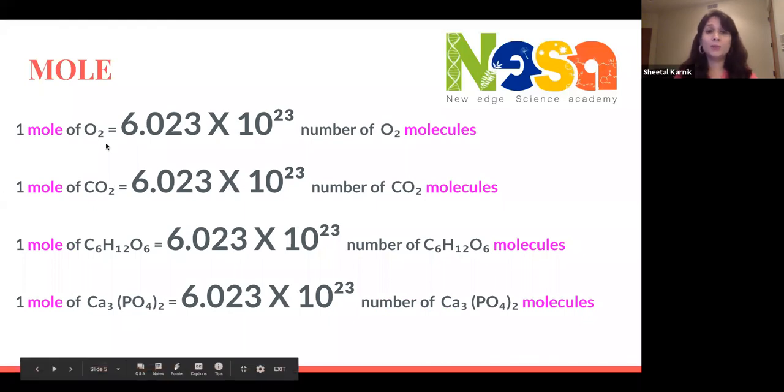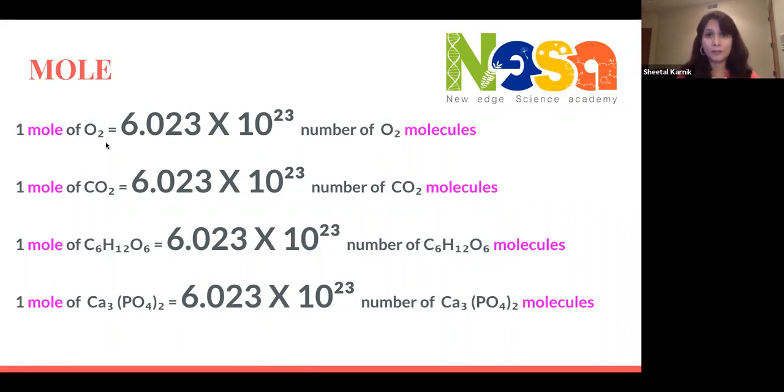So let's look at an oxygen molecule, which is made up of 2 oxygen atoms together to form 1 molecule of oxygen, right? So 1 mole of oxygen molecules equals this many oxygen molecules put together. Okay, same is the concept. The same concept is applied for the carbon dioxide molecule. 1 mole of carbon dioxide equals 6.023 times 10 to the 23rd carbon dioxide molecules. So as you can see, the same concept is true